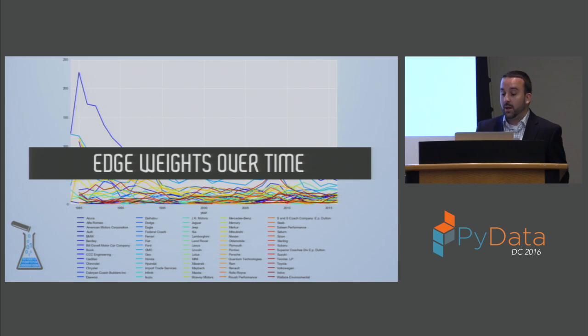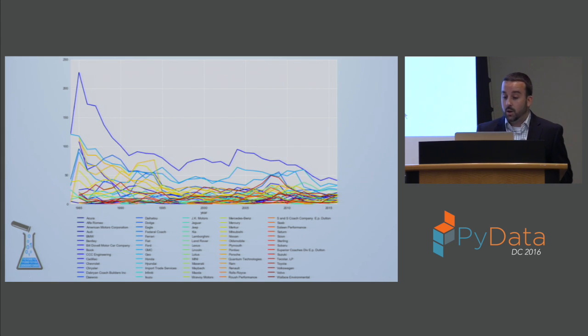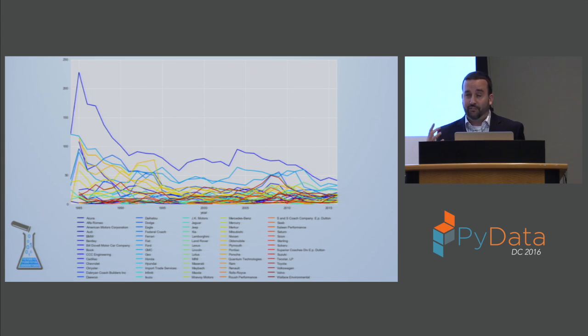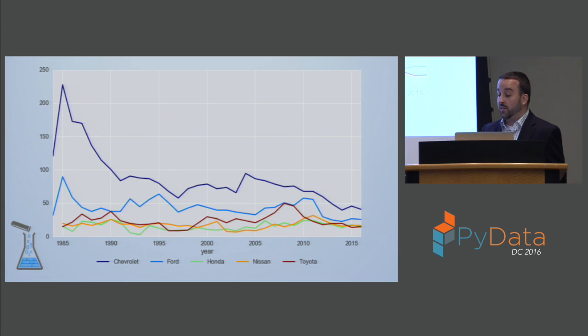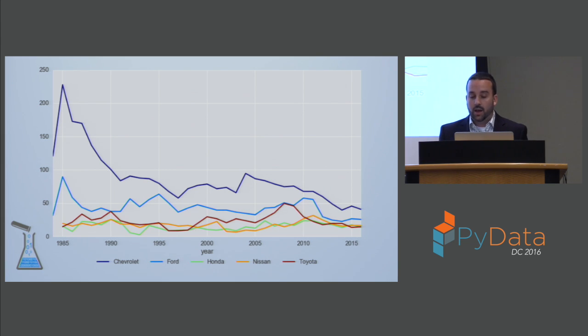And you probably already guessed what's coming up next, and that's taking a look at how the connections have changed over time. In this line graph, this shows the number of edges or connections for each company over time. Again, when you have a lot of nodes in your graph, this can tend to look a bit cluttered also. But remember that you can always filter it down for just the specific companies that you're interested in. And that's what I've done here. So I've just chosen a handful of companies, and now we can see more clearly how each of their connections have changed over time and converged in recent years.